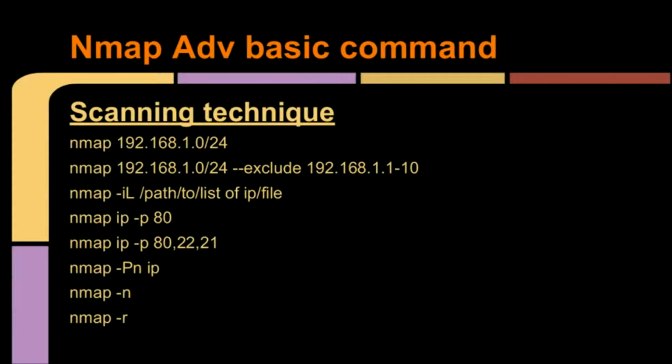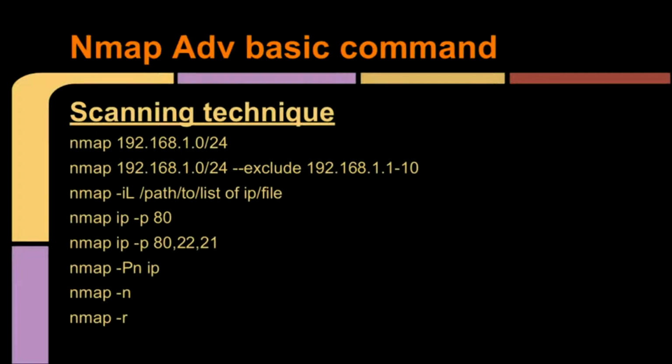And here you can see Nmap, IP, and -p for port. Suppose you have a segment of 200 web servers and you want to check which servers are alive. Basically you just give the segment: nmap, IP slash network, and -p port. In this case Nmap will scan only port number 80, and you will come to know how many servers are serving the web in your production.